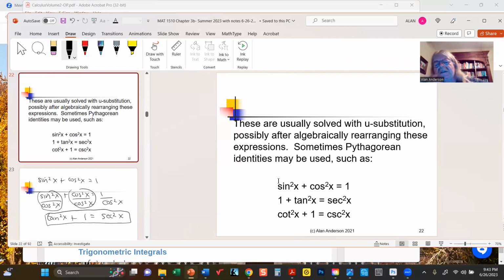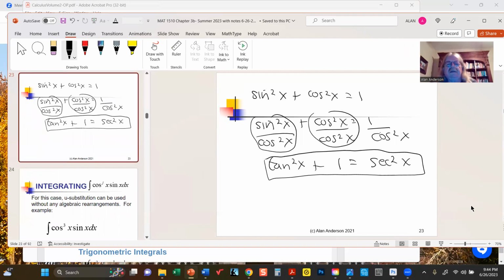The first one, you could derive it if you were willing to draw the triangle and set it up correctly. I think we'll save that for another time. But once that's been established, sine squared x plus cosine squared x equals 1. The next two are simply algebraic rearrangements of the first one. So then if you were to take this and divide by the sine squared,